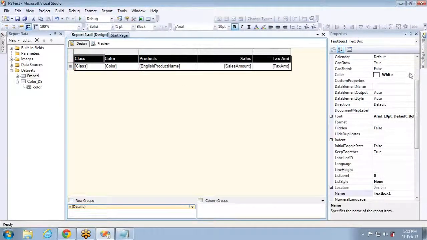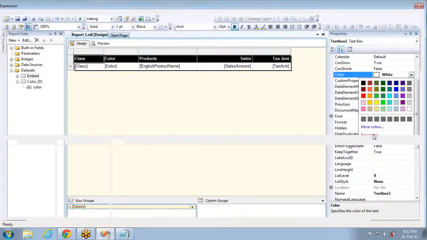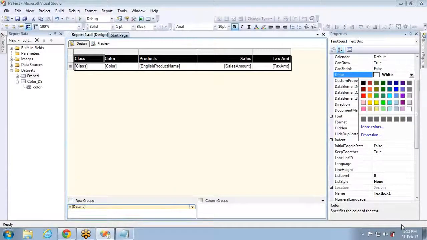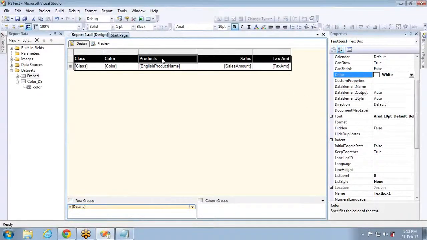For example, if you see the color option and go to the expressions, you can see the same stuff here: the category, the item, and the values. On top, you can provide the expression. So what I'm trying to say here is, you don't need to look at the expressions page in each and every property. If you understand the expressions page in one place, you can easily understand the remaining. So let me walk through this expressions page, and I hope I will cover everything. If not, try to practice it and get back to me if you have any queries.